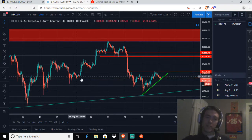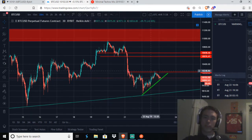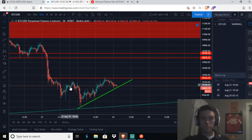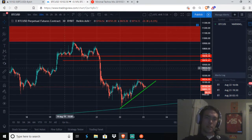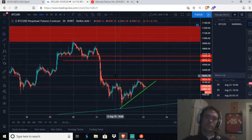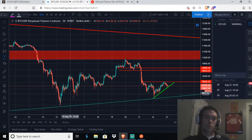But you'll have a little bit of resistance here at like 10,350, 10,400. But I'm very confident if you close a 2 to 4 hour, honestly, a 4-hour candle above this, you're going to test 10.4 to 10.6. I'm very confident in that. This is kind of screwing up the gap here. Theoretically, if this was more upsloping than this consolidation, you would definitely fill this gap in. You would definitely fill this in if this wasn't there. If this was going up and there wasn't a whole bunch of consolidation like there is here,